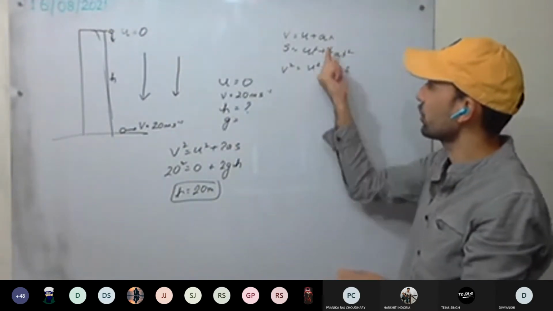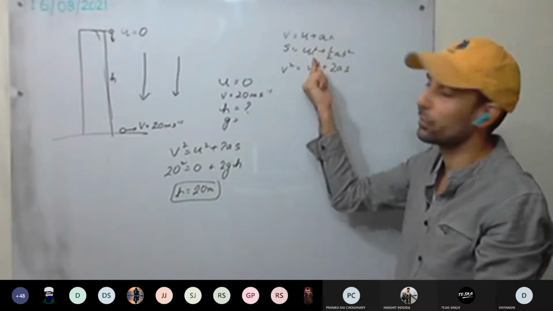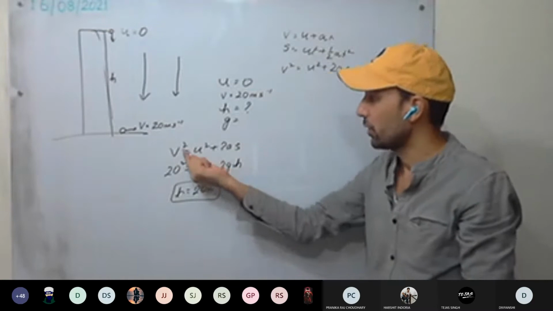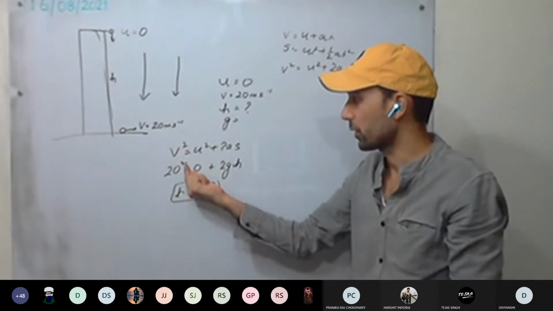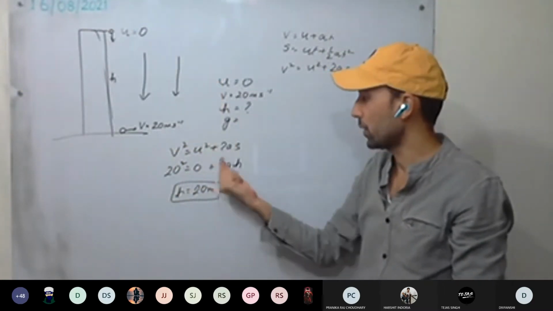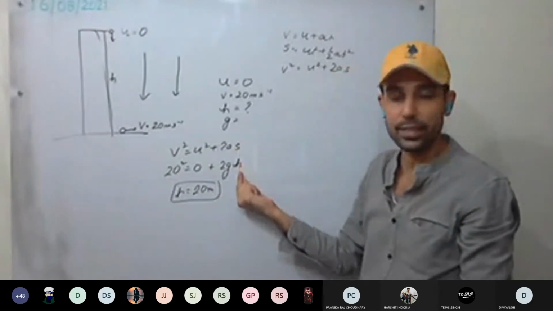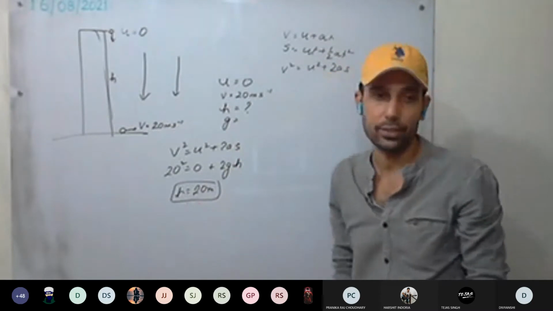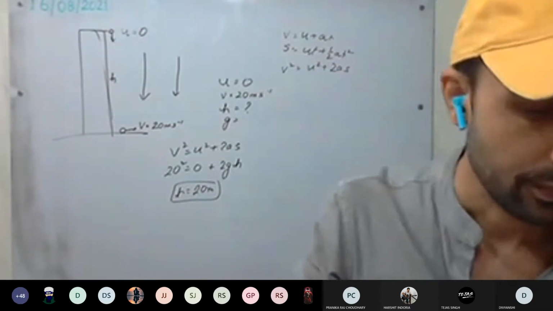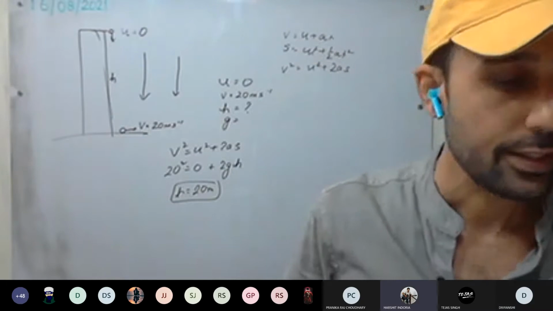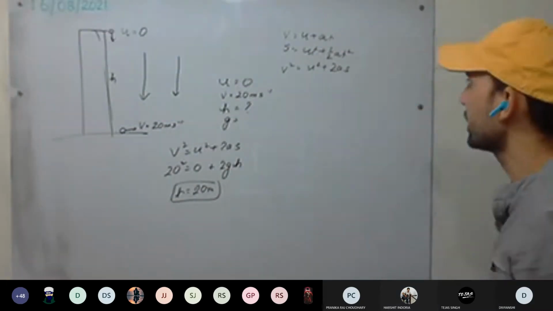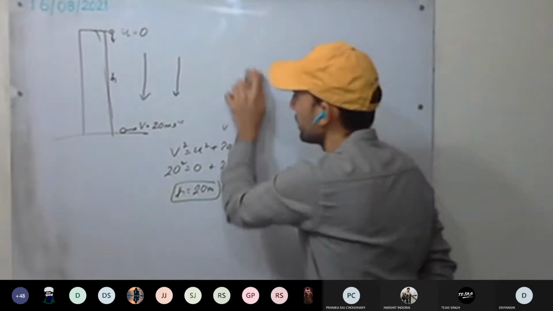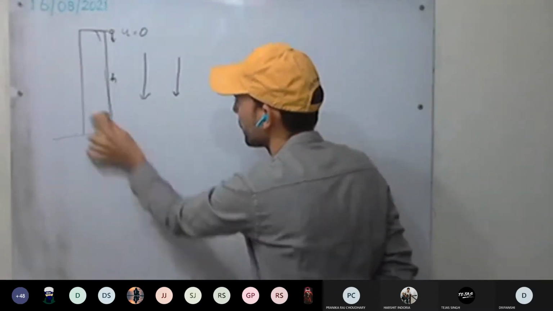So which equation we can use? First equation we can't use. Second as well we can't use because we require time as well for distance. Third equation we can go for. Write the third equation. v square is how much? Final velocity 20, 20 square. u initial velocity 0, put 0. 2gh. Distance is h. We have to calculate. a is nothing but acceleration due to gravity, and calculate h. Is this clear? Yes, sir. Try 13th question now. So these three equations always write somewhere and check which one we are going to use.